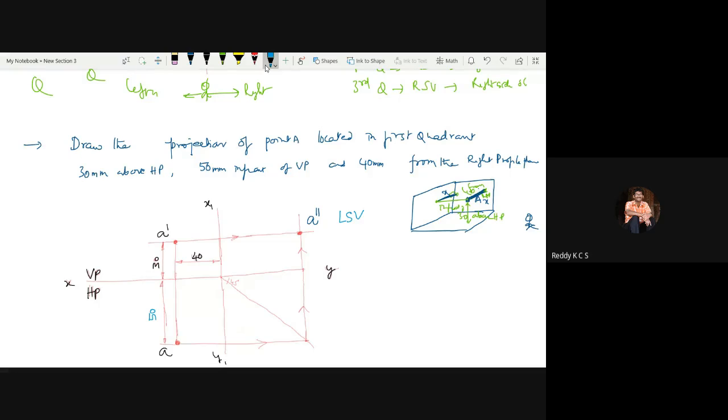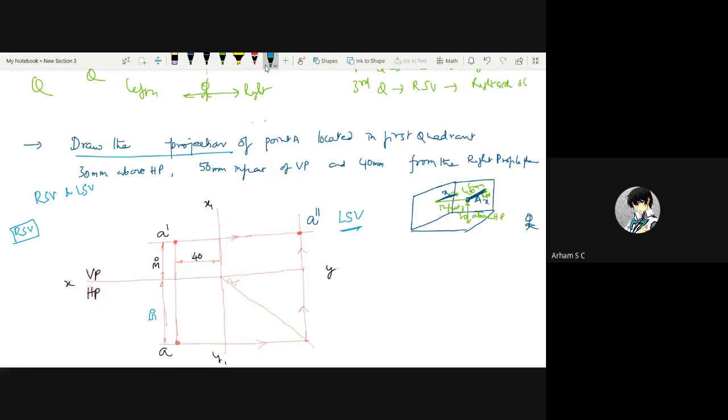Because it's asking to draw the projection, it's not mentioned whether you have to draw the right side view or left side view. Suppose I have drawn the left side view here, and in the exam we have written, say, right side view. That doesn't matter. You will get marks, because he has not mentioned it very clearly. So draw the projection of the point A. I mean, projection of point A means here you need to draw the front view, top view, and side view. Any side view. Need not be right side view only or left side view only. Okay, is it clear now?